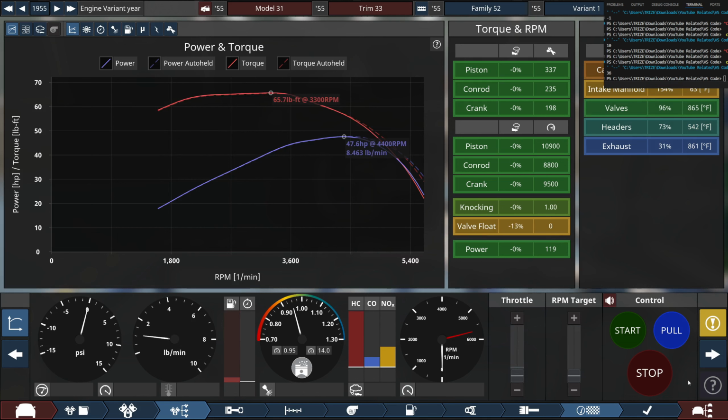Sounds alright, despite sounding like a war zone as soon as the throttle is applied throughout the entirety of the